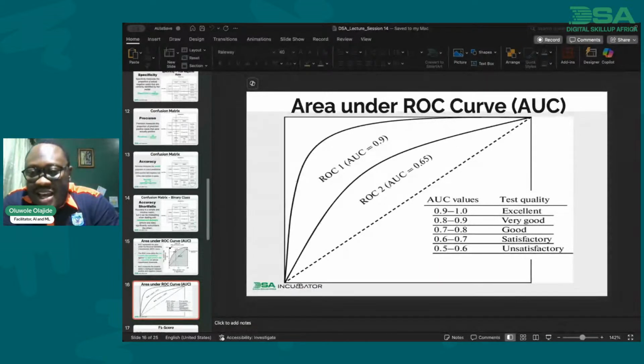Some people argue that when your model says 98 and above, it is a perfect model, but I've told us your model cannot be. You yourself need to go and check: is there an issue with data leaking? There are some ways we want to prove that we know what we are doing, and we program